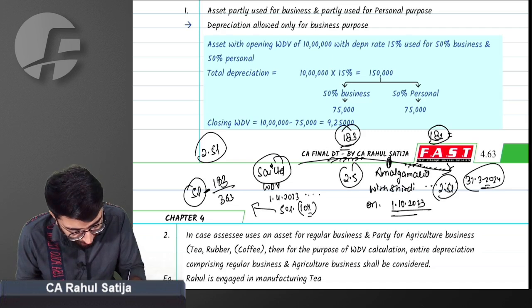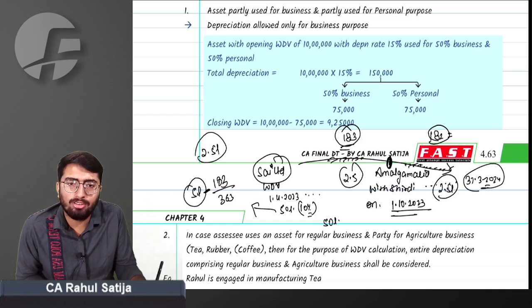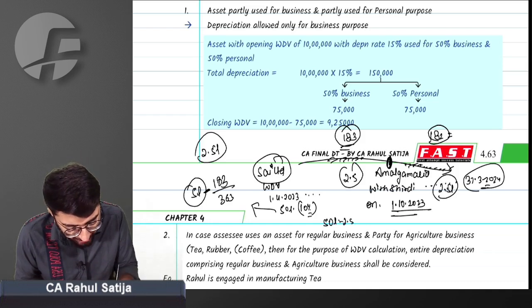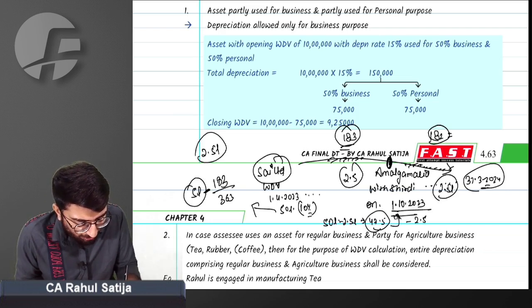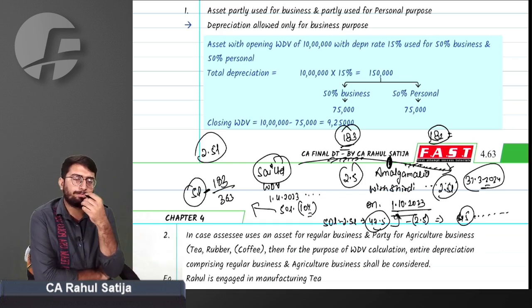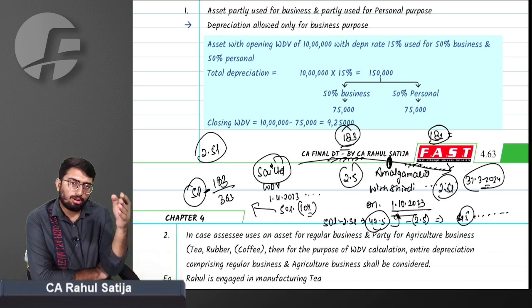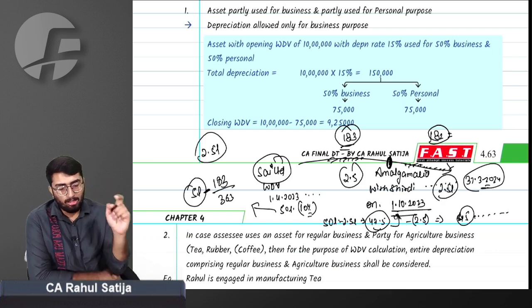Now what will be the cost of acquisition for Shirdi Limited? The WDV for Sai Limited was 50 lakh. Reduce the depreciation for Sai Limited, then 47.5 lakh rupees will be the cost of acquisition for Shirdi Limited, and depreciation allowed in that year will be 2.5 lakh. So the year-end WDV for Shirdi Limited will be 45 lakh, and depreciation will continue to be allowed to Shirdi Limited. Understood? The same scenario will go for demerger, and the same for 100% parent to subsidiary.